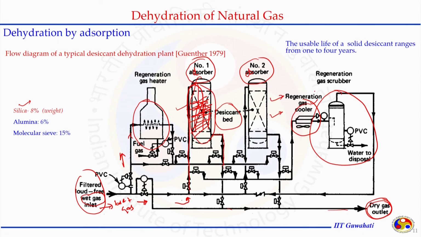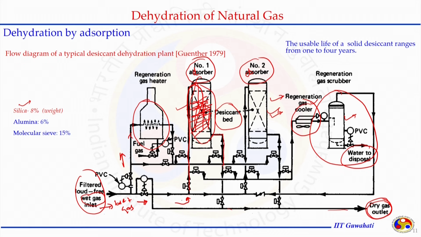We have one regeneration gas scrubber also. When we are removing the contamination from the natural gas, we need a separator, so the water separated in the regeneration part can be collected at the end, and this will be the water to dispose. If liquid content is also there in the natural gas, that also gets separated during this process, and we have this 3-phase gas scrubber that provides the additional option for liquid separation.